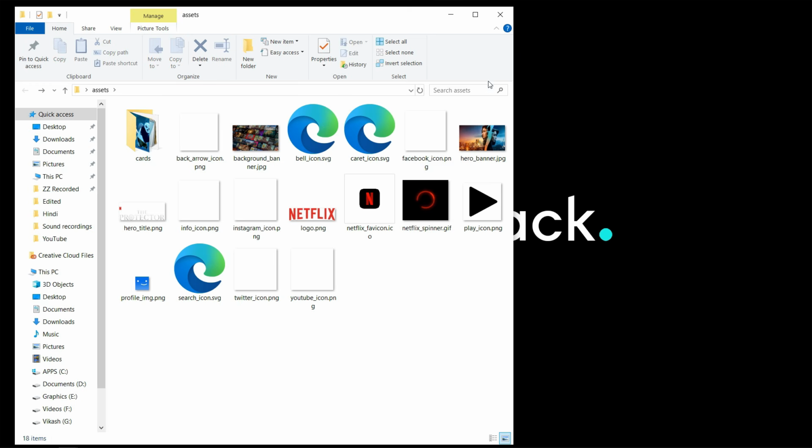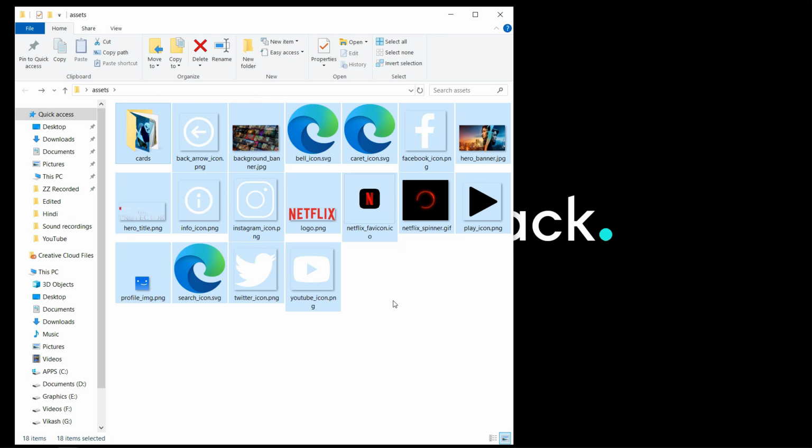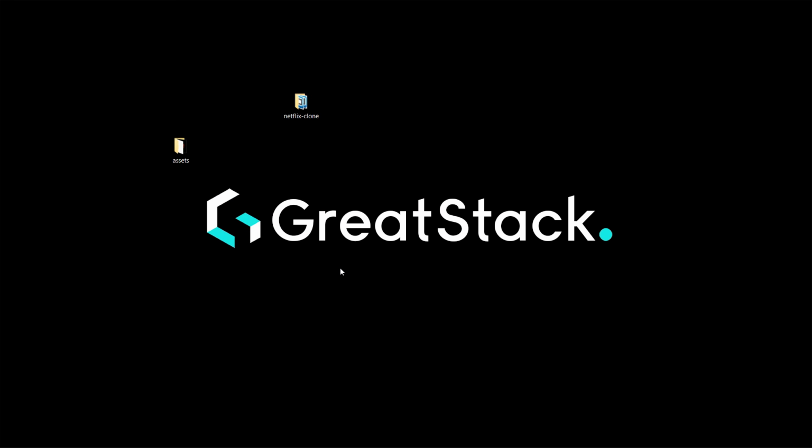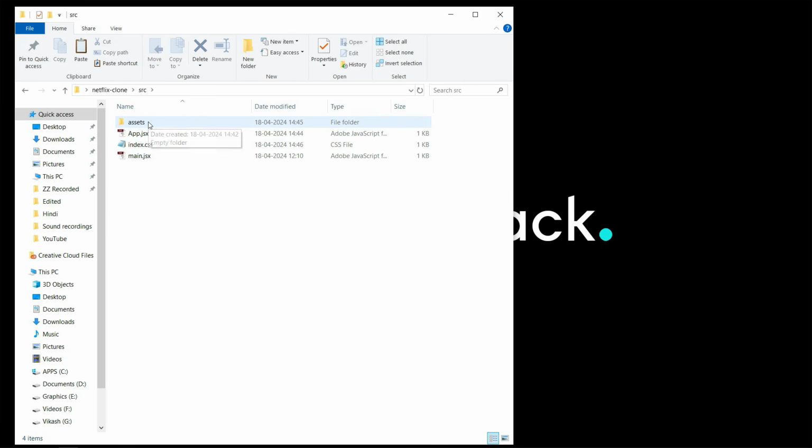So let's move everything in our project. So let's copy this one and we will open our project folder, which is Netflix clone. We will open src folder. In this src, we have the assets. Open this assets folder and here we will paste all the assets.